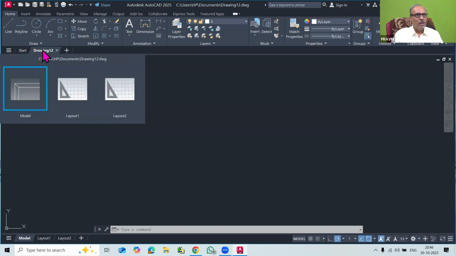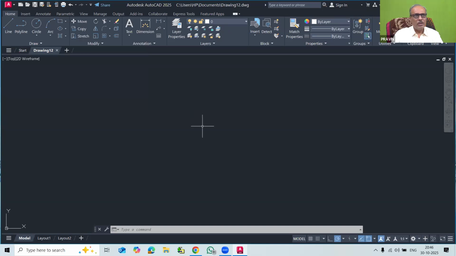You can have drawing 1, 2 as the file name, so that you can save it. Here is the model tab. This black dark space is called the workspace, and in the workspace at the bottom corner there is the XY origin. In this black area you can draw the drawing, and then this is the command line.